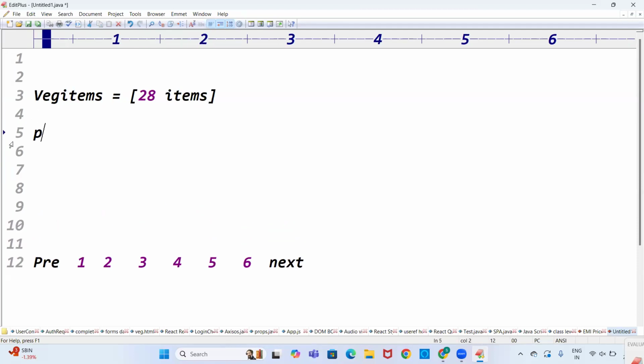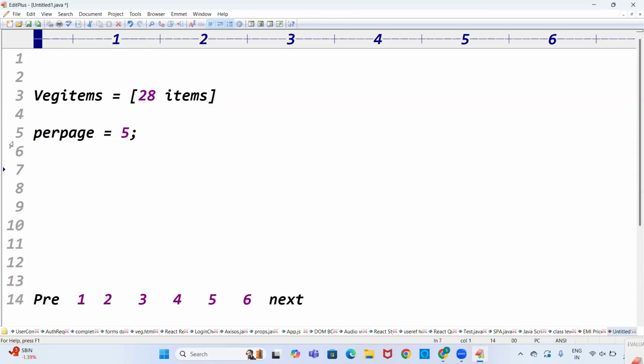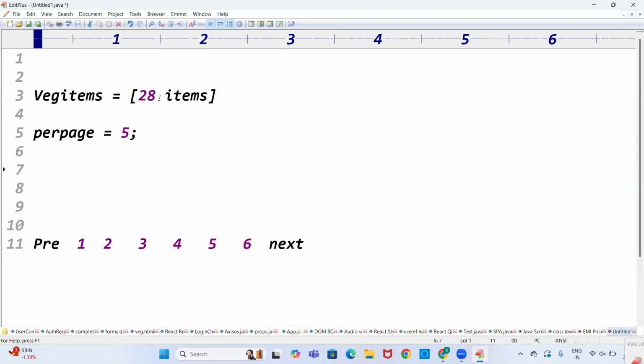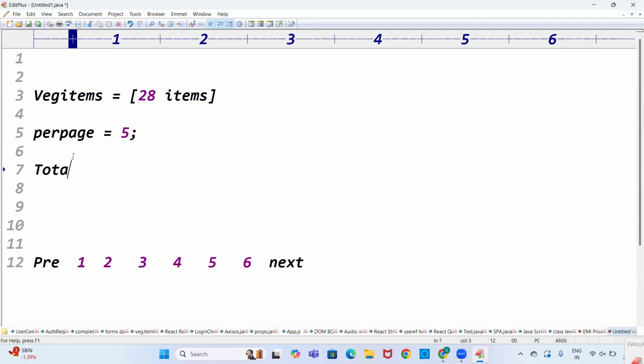Per page, how many items do you want to display? Assume I want to display 5 items per page. Per page 5 items. Then how many pages will you get in total? How do we calculate the total pages? Total pages equals